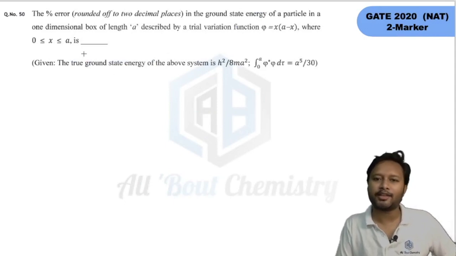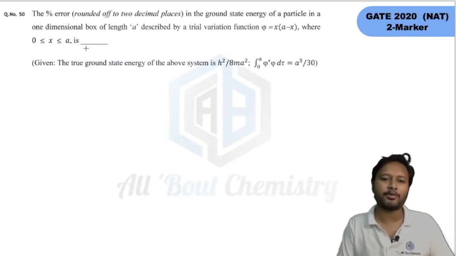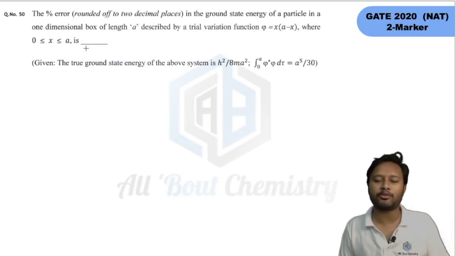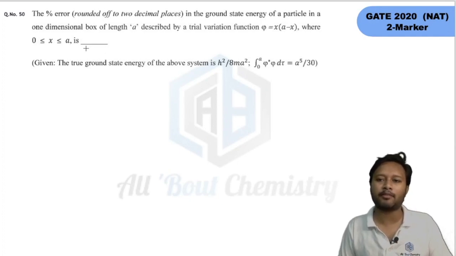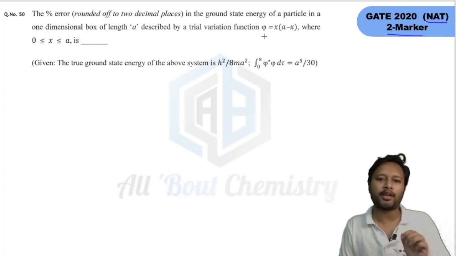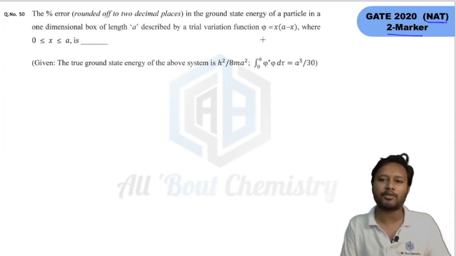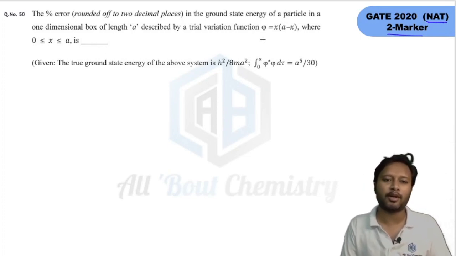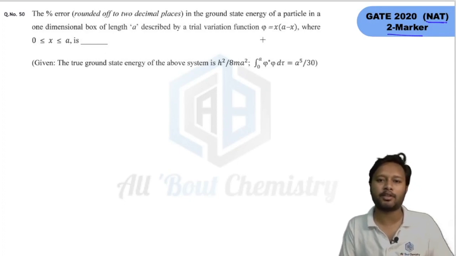So the next question is the last question of this particular video. These were the only 3 questions which were asked from your GATE exam. It is again a 2-marker question, and this is a numerical answer type question, where you have to tell a particular value. You don't actually get negative marking for these questions, but you should still be aware of it. You should be very careful with the solution.